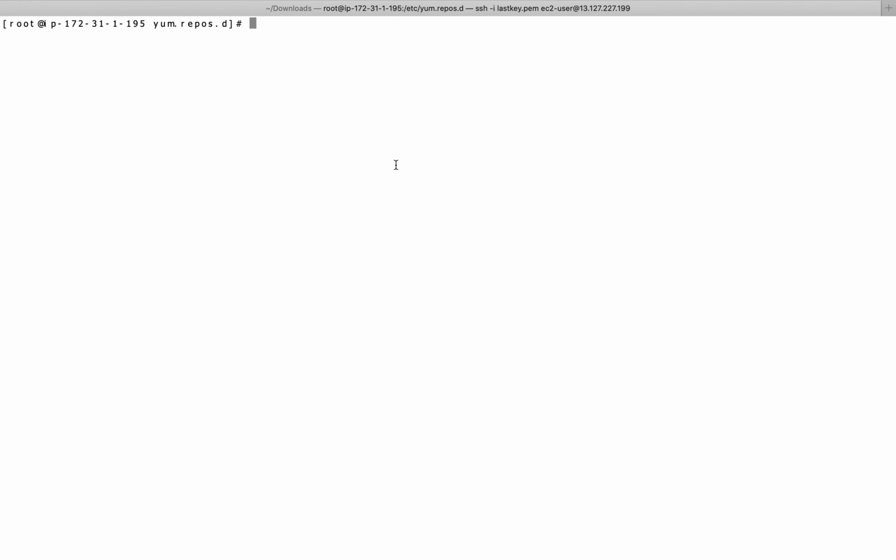So let's first of all run it. docker run -it --name centos. So again we are inside our container, that is CentOS, and here we will install Python.